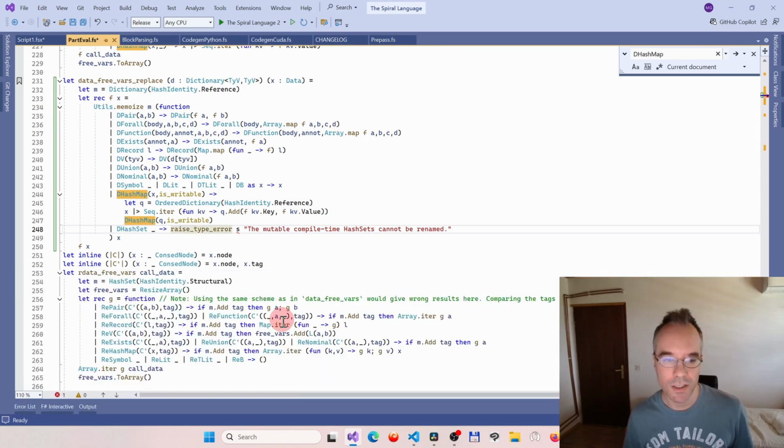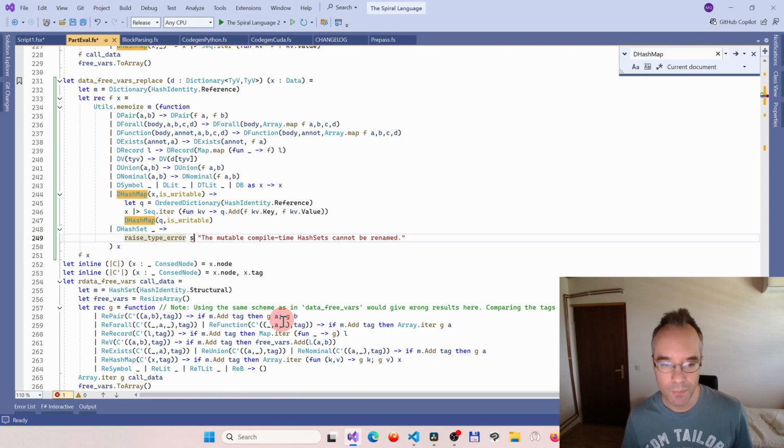It seems like hash sets are a black sheep. Whatever. Let's also pass in the language environment. Raise type error. Mutable compile time. Hash sets cannot